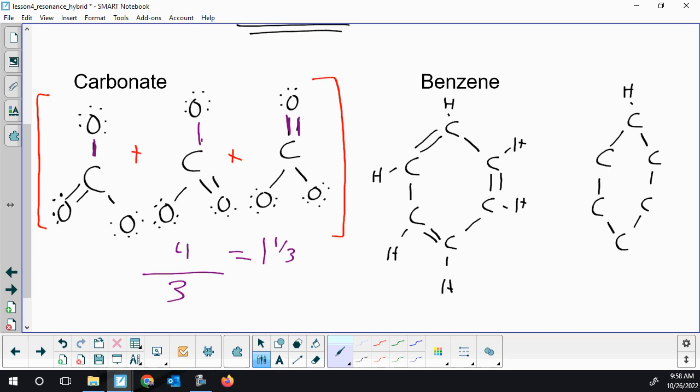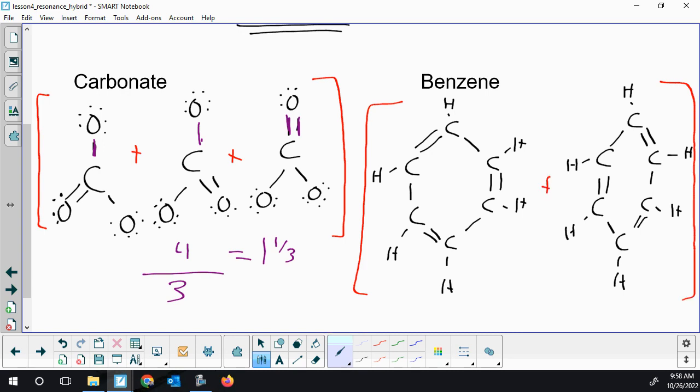So I'm going to put singles to start all around the circle. I'm going to put in my one hydrogen at every carbon. And now instead of top left for the double, I'm going to go top right. It works just as well. Double, single, double, single, double. These are the two resonance structures